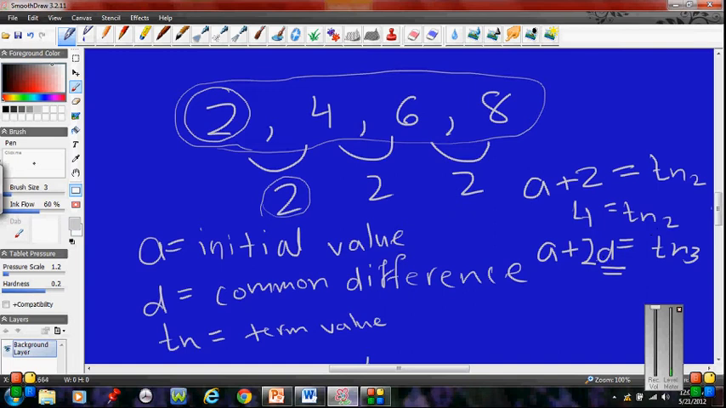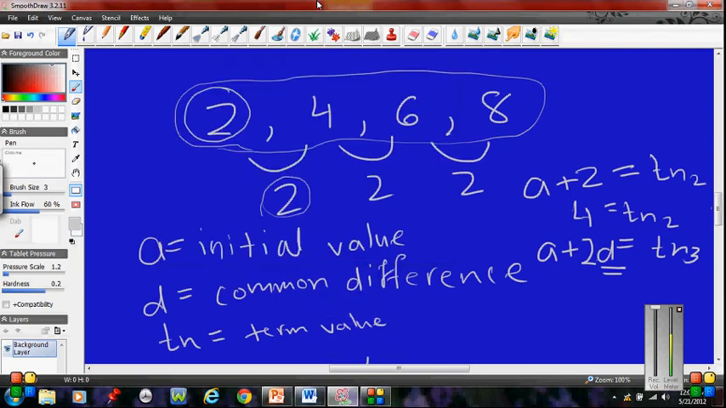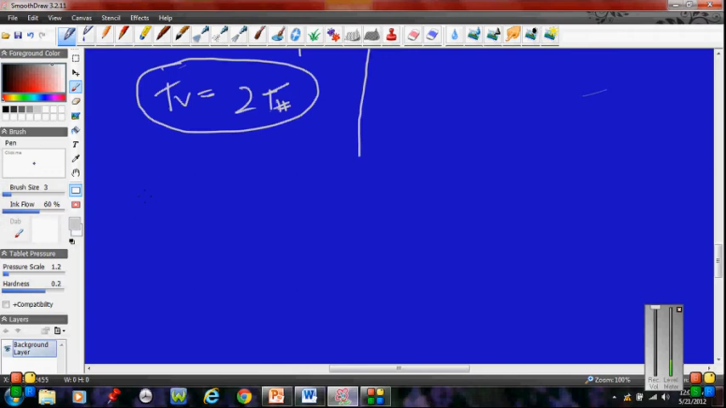So what does that give us? It gives us tn 3. Okay, so now let's see if we can derive a general formula from this. So let's go down here and write out the values that we had. So we had 2, 4, 6, 8, and we had tn2 is equal to a plus 2, and tn3 is equal to a plus